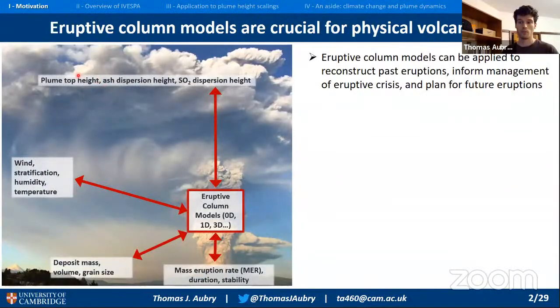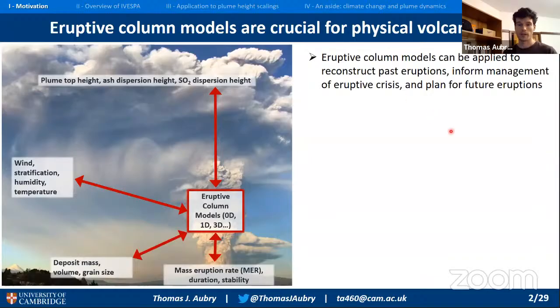column, such as the plume top height or the height at which ash is dispersing. And depending on their complexity, they also incorporate parameters such as atmospheric parameters, wind stratification, and so on. These models are widely applied, for example, to reconstruct the dynamics of past eruptions from the deposit. During volcanic crises, they are used in near real time to invert plume height and have an idea of what the mass eruption rate is,